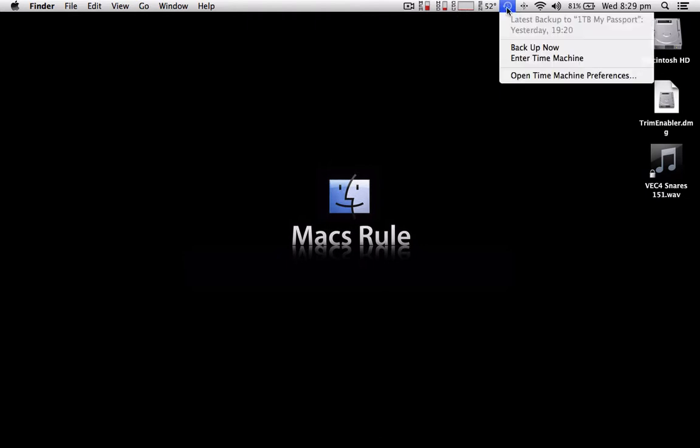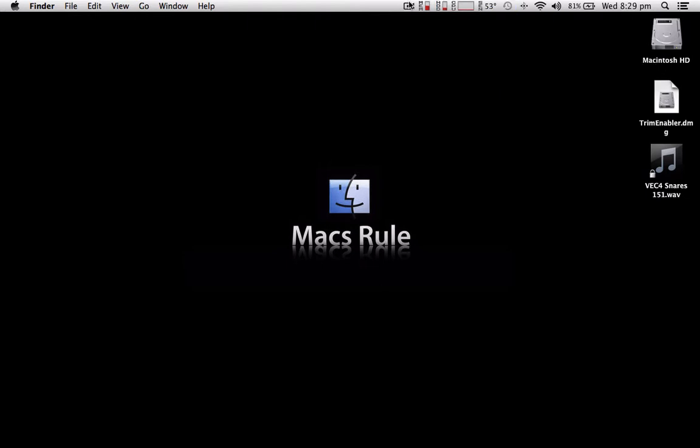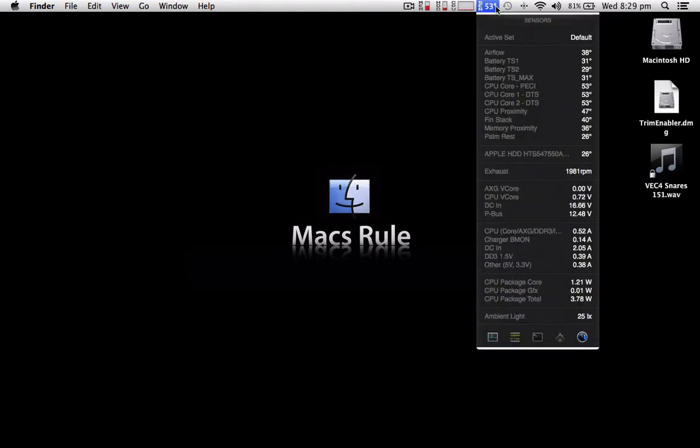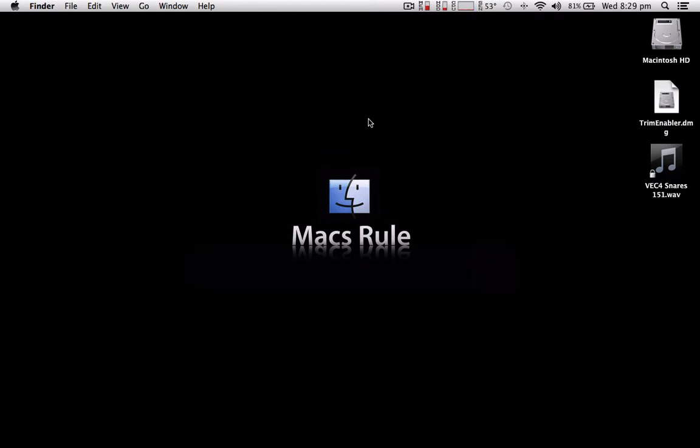So if you've got an external hard drive, set it up with Time Machine, get it to back up. As I said, I don't really like using it, but if anything goes wrong, I can just put that on that, wipe the hard drive, and then use the Time Machine backup. Anyway,